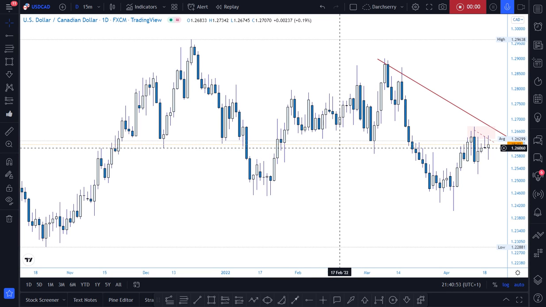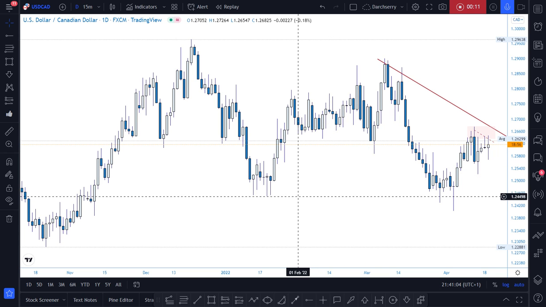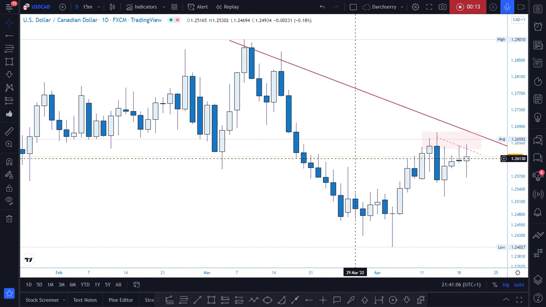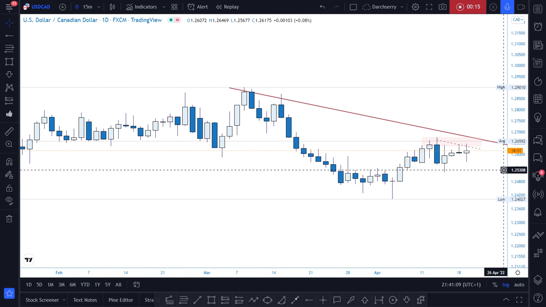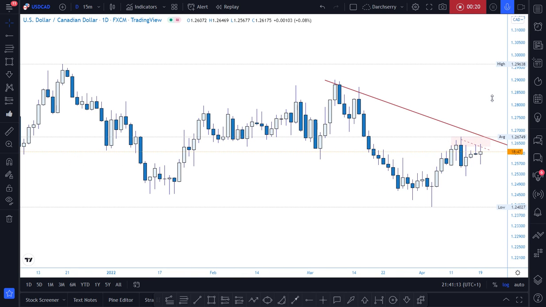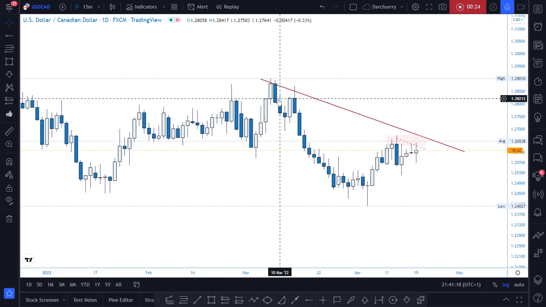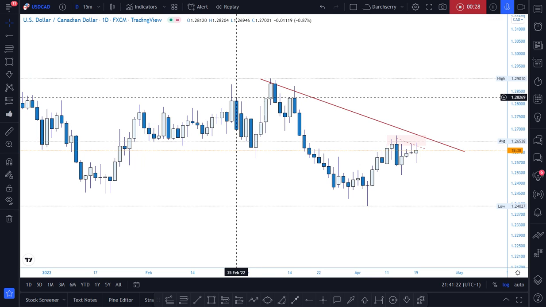Hello once again. A quick one on USDCAD, which I think I need to call our attention to at this juncture in the market. The first thing I noticed was that we have a bearish trend line, which I identified started in the beginning of March. And if we look at what has been happening since the beginning of March, we notice